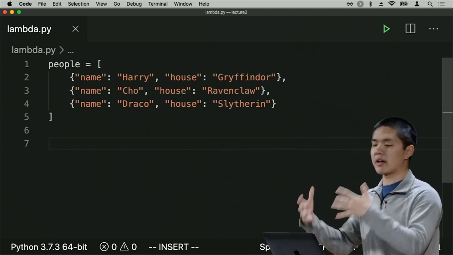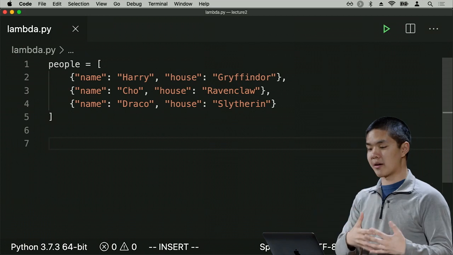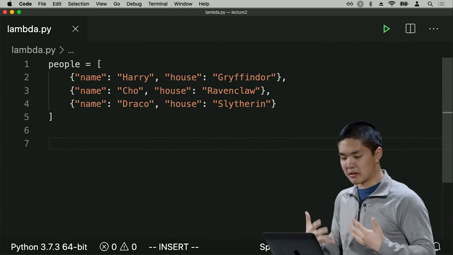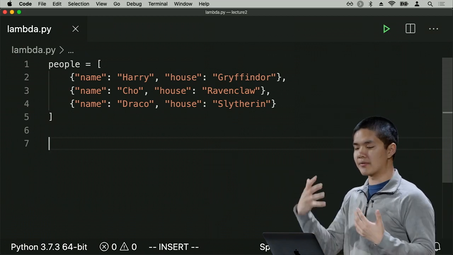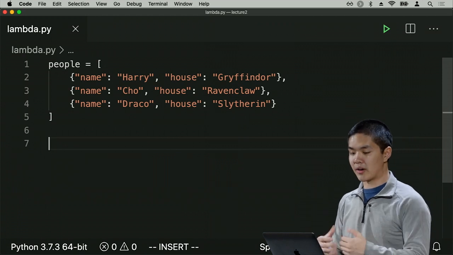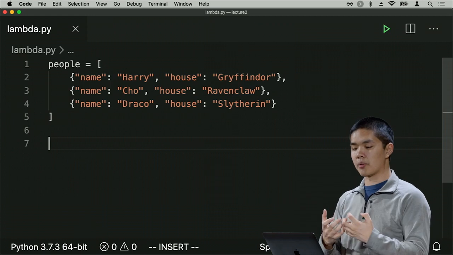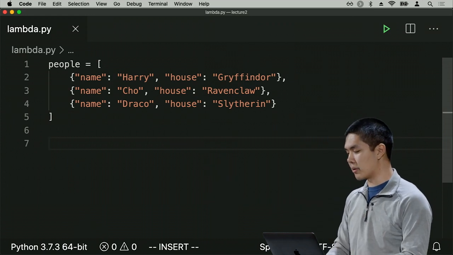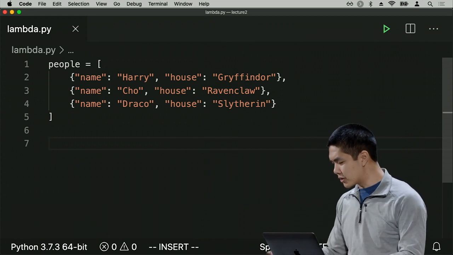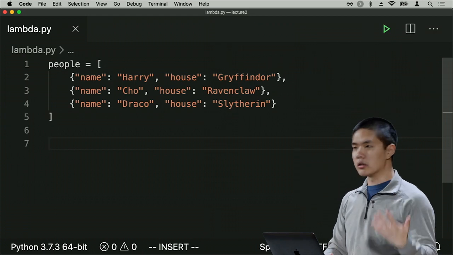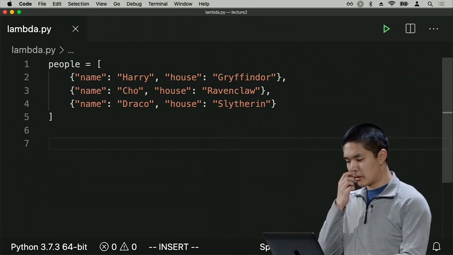We can have lists inside of other lists, or lists inside of dictionaries, or in this case, dictionaries inside of a list. And in fact, this nesting of data structures is one of the reasons why it's very easy in Python to represent structured data, like a list of people where every person has various different properties. What I might like to do now is something like sort all of these people